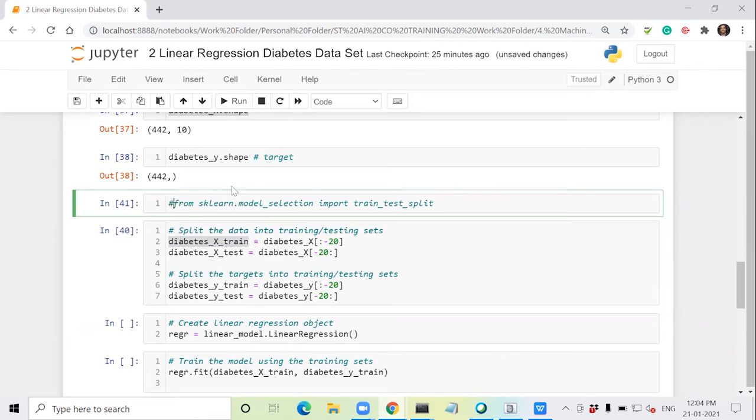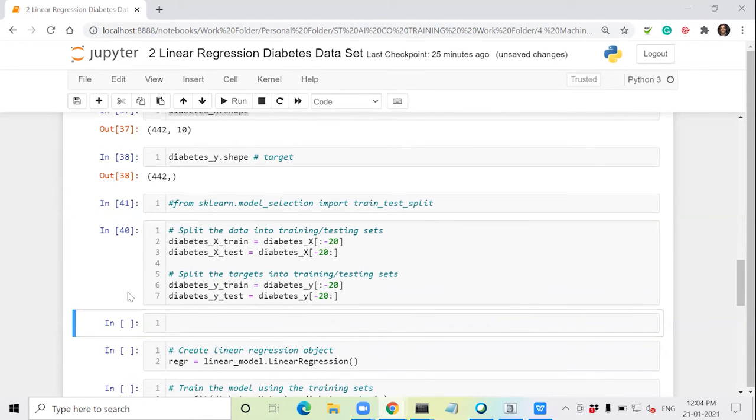Right now, I'm not using this, so I'm not going to keep the cell like this. I will make it a comment to avoid the confusion here. We are splitting it in this fashion, so that is what you need to mind. Once you're done with splitting, if you check the shape of all the diabetic, all those things, so diabetic X, diabetic Y, X test, everything. So if I check the shape here,